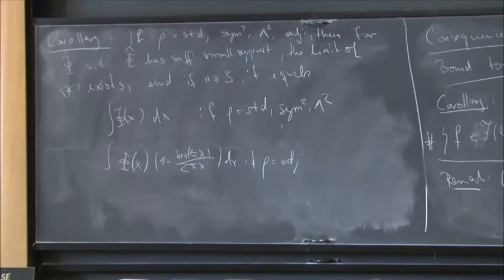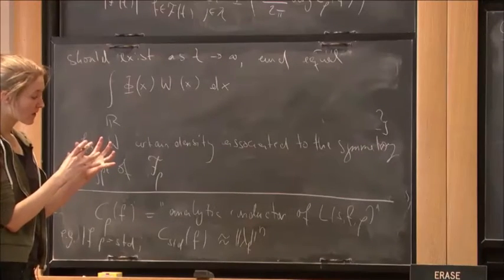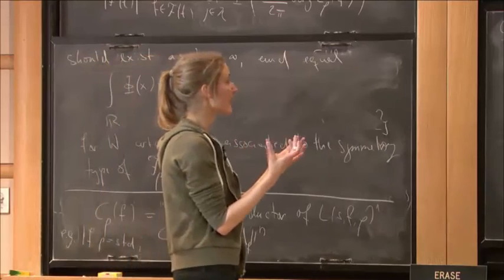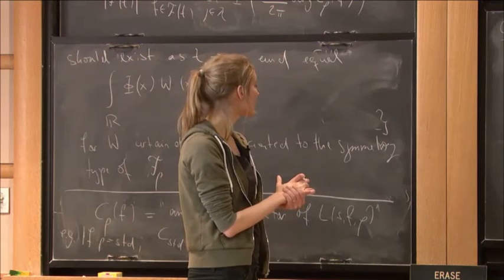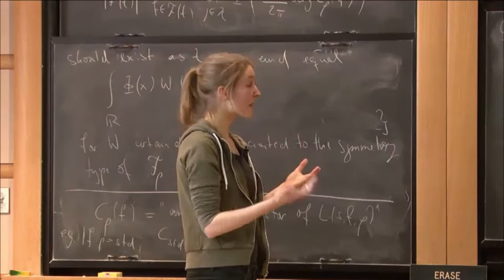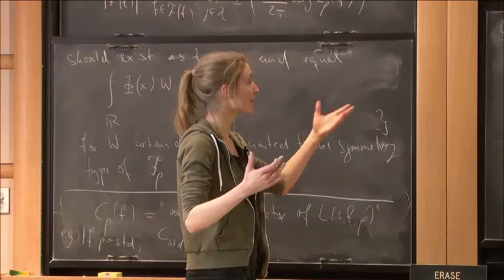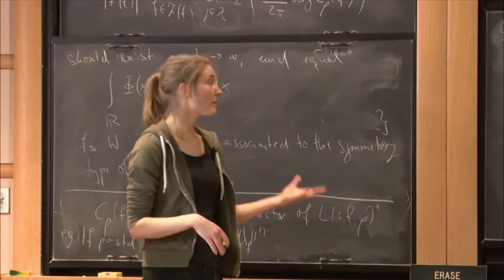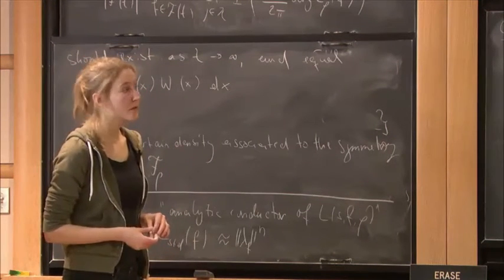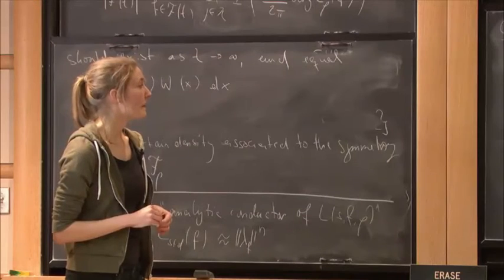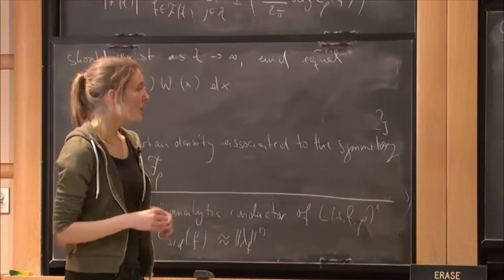I mean, you see, it's not the full conjecture because we have to assume that phi has sufficiently small support, and the size of the support is actually related to our error term. So we could bound the error term, and the better the error term, the larger the support of phi hat is allowed to be. So it's of some interest to make this error term as small as possible, or at least to make the constants in this error term more explicit.